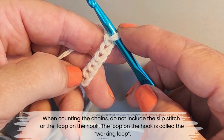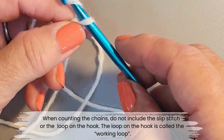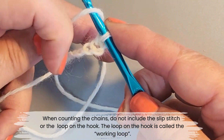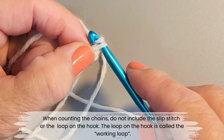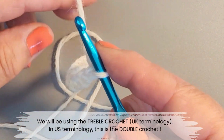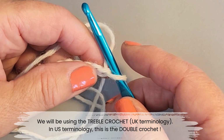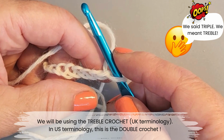So run 1, 2, 3, 4, 5, 6, 7, not including the working yarn, 8, 9, round the back, over the top, 10, 11, 12. Now we're going to go for in British terminology, we're going to start putting a triple crochet into